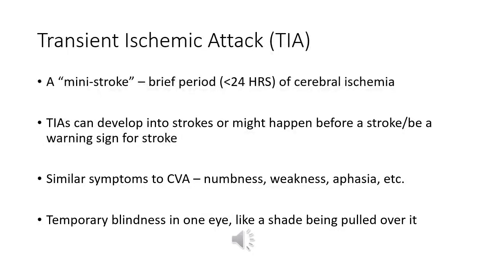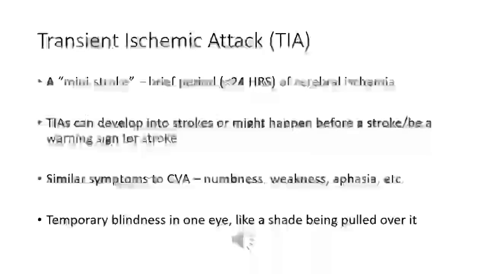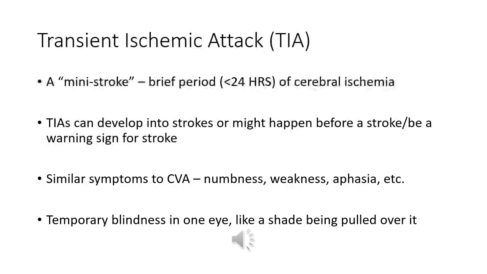In addition, they can happen as almost like a warning sign to a stroke. Like you might see someone having TIAs and then a little bit later they develop a stroke. Because again, if there's a clot, for example, that's floating around inside their arteries, it could get in one place that causes a TIA and then it gets passed along, and then maybe a little while later it finds its way into another artery where it actually gets lodged, and then it can't be dislodged,